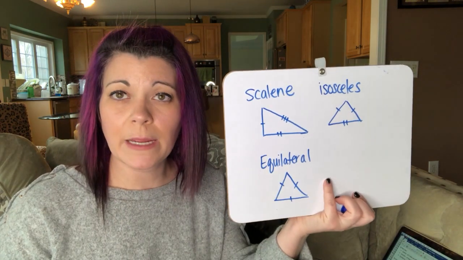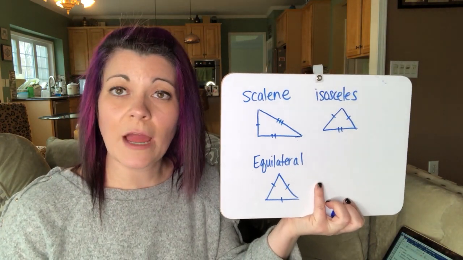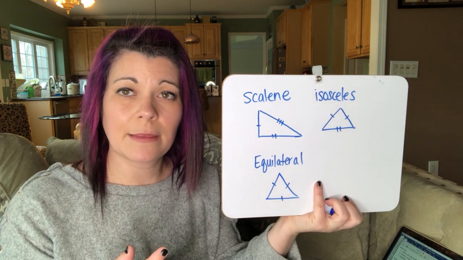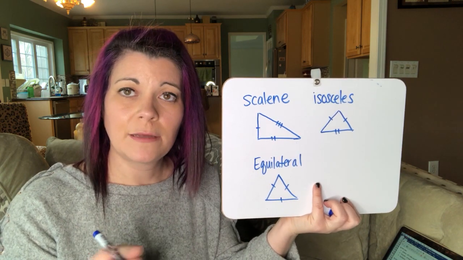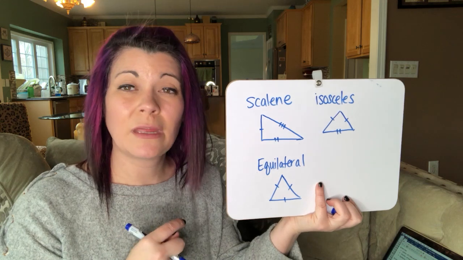So those are your 3 classifications of a triangle by its sides, okay? Scalene, all 3 are different. Isosceles, at least 2 are the same. Equilateral, all 3 are the same. So let's